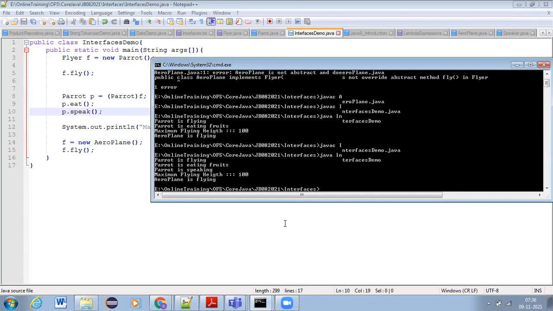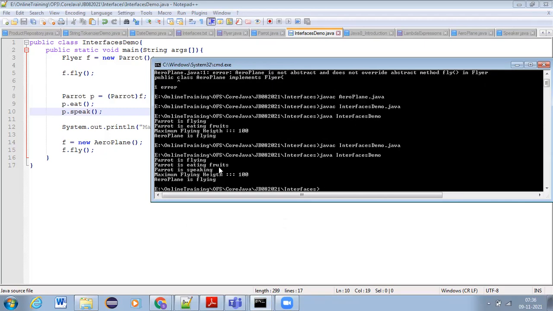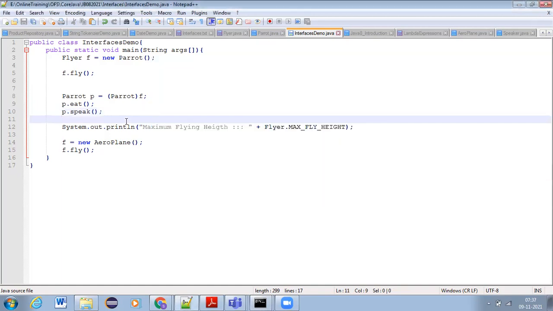Now run interface demo. See, "parrot is speaking". We got the message, right? So in this way, we can write one class which is inheriting the methods from multiple parents. We can do it in this way. Now, tell me guys,